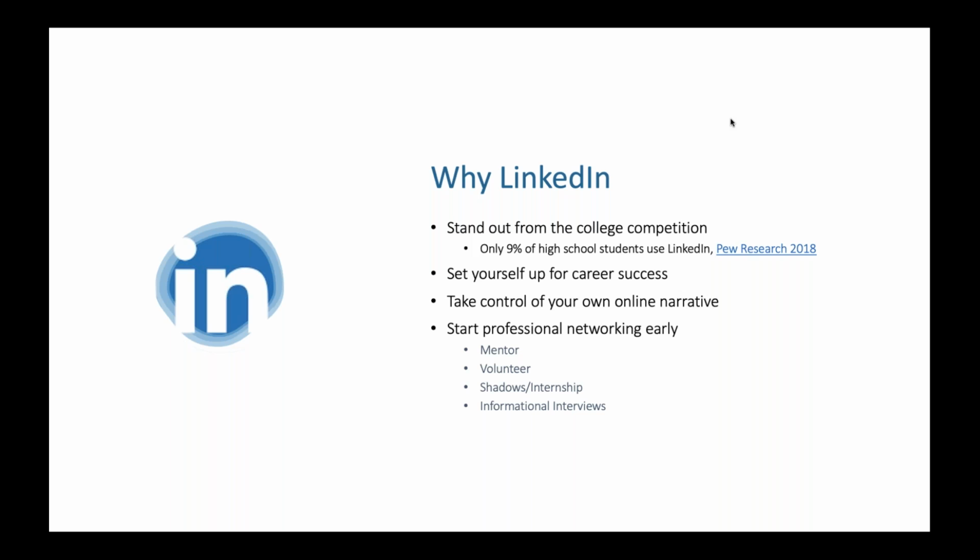And that goes right along with informational interviews. Any students that have worked with me in the practice, or worked with any career professional, know informational interviews are a very important tool. That's where you find somebody in your industry, set up a time to speak to them, and ask questions about who they are and what they do, what they love about their job, and what they don't love about their job, all those things. LinkedIn can be a great tool to identify people that might be willing to do this with you. So for all of these reasons, we feel like starting your profile now will only help move you forward.